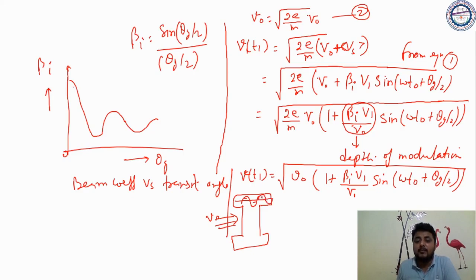So we have the positive half cycle, the negative half cycle, and 0. At 0, Vs, meaning the V1 amplitude, will be 0. So this term will be directly 0, and all of these will be 0. That means v of t1 is nothing but the square root of v naught into (1 plus 0), meaning v naught. Okay. So, no, I think this is wrong.